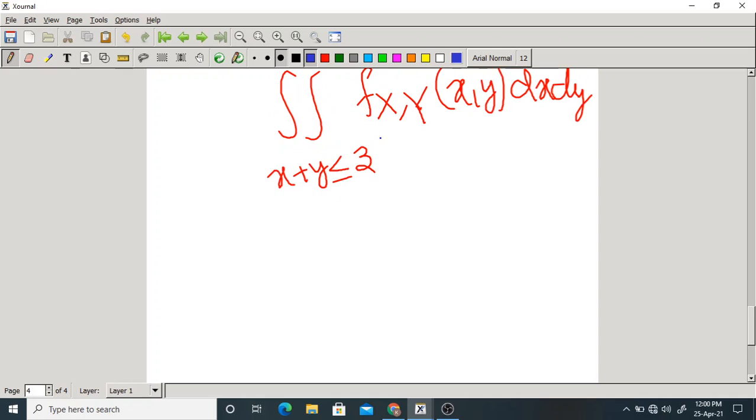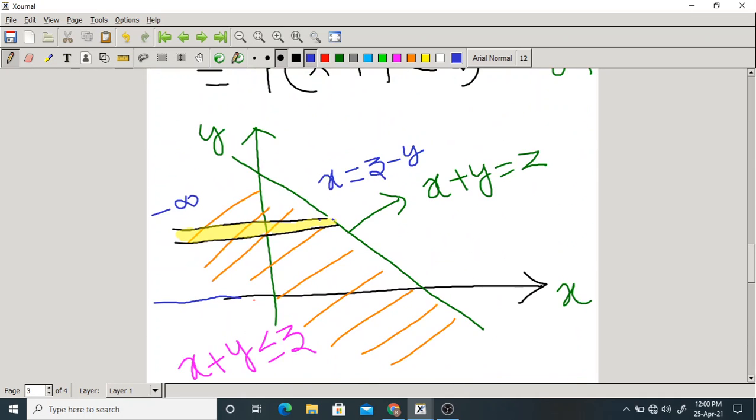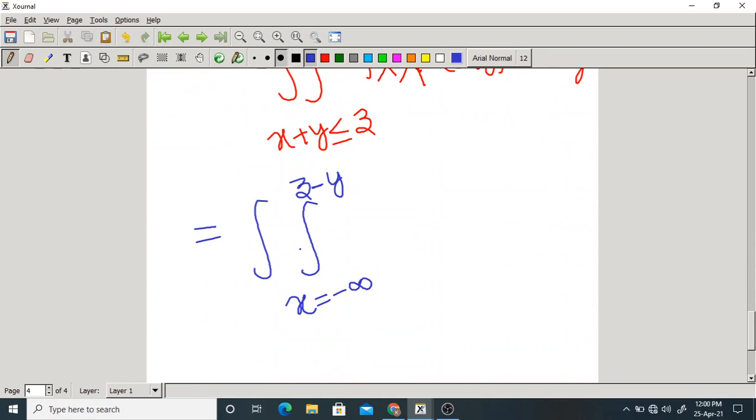So let me take the inner integral first. Please be careful while writing here. I am integrating over x from minus infinity to z minus y. These are the limits of x. What about y? Just slide this strip over y like this. Obviously y is taking all values, so y is from where to where? Minus infinity to plus infinity.